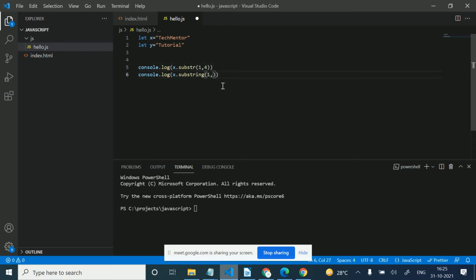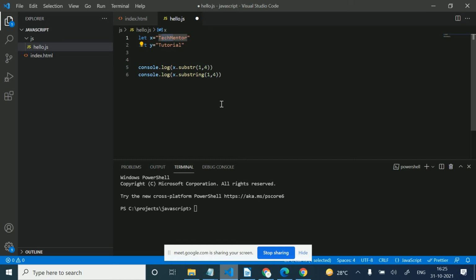If I enter 4, the 4 here is not the length of the substring. It's the second position of the character. If I am getting here the tag, then 0 0 1, from 1 I am starting, 1 2 3 4. So I will get